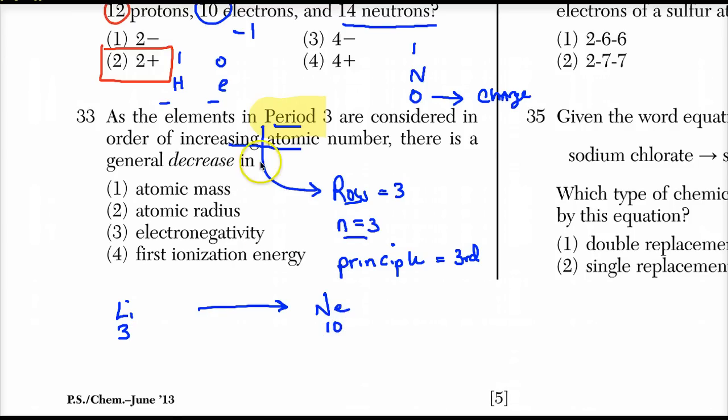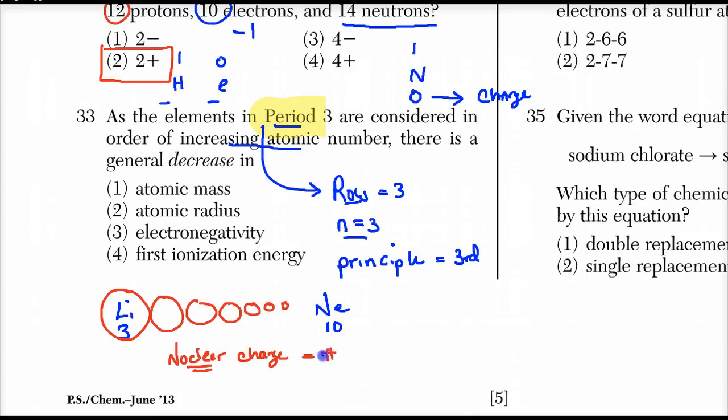Well, as you probably have guessed, and you should learn, as we go toward the nonmetals, our atomic radii get smaller. And they get smaller because the nuclear charge, which is the charge in the nucleus, which is due to the number of protons,